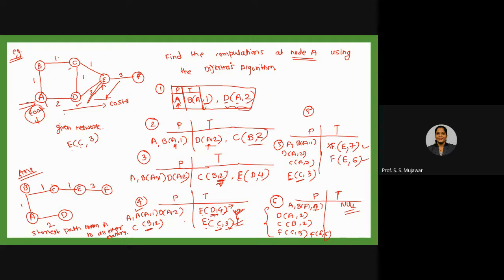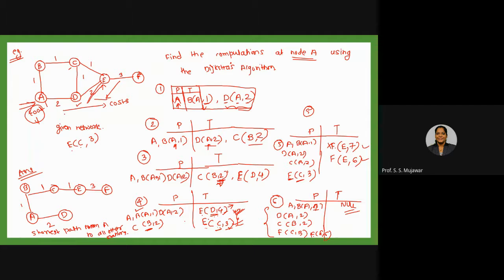One is this, 1 2 3 plus 3, that is 6, this is the path, and the second one is this, 2 plus 2 plus 3, right? So through E we have two major paths available, okay, so 7 and 6. So we have written over here, and then finally we have selected the shortest one from this. So F of E of 6, meaning to reach F through E we need 6 distance. So we have moved this, we have visited.